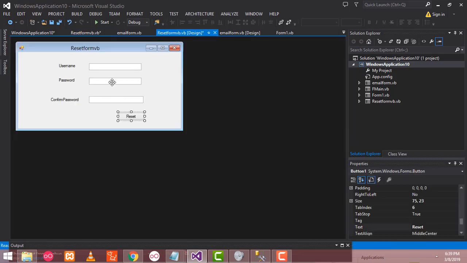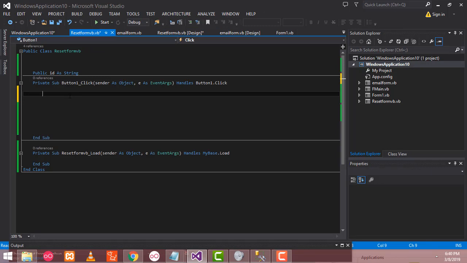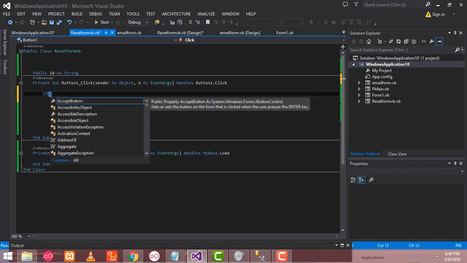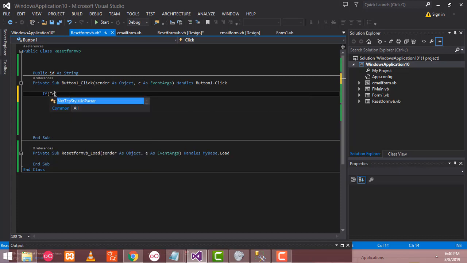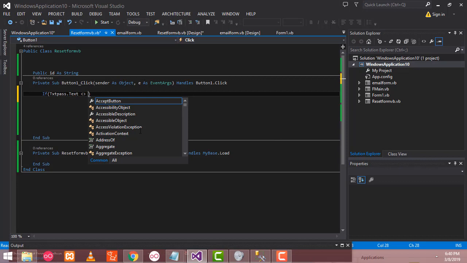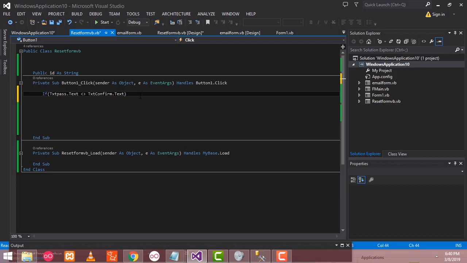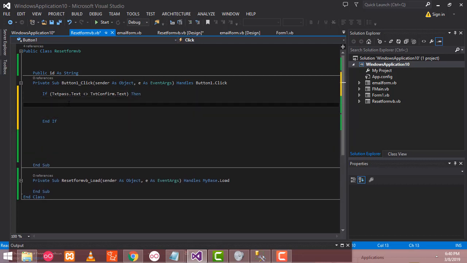the password and confirm password. First we have to check whether these two passwords match or not. So go here; first we have to write an If: txt password dot text, not equal to txt confirm dot text. Press the enter key. Here we write message box